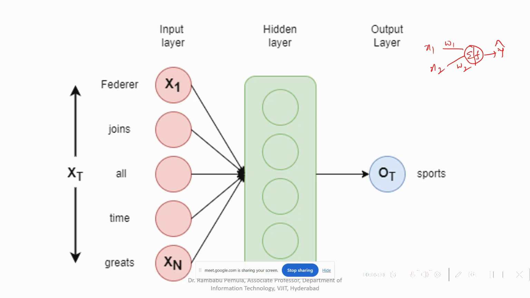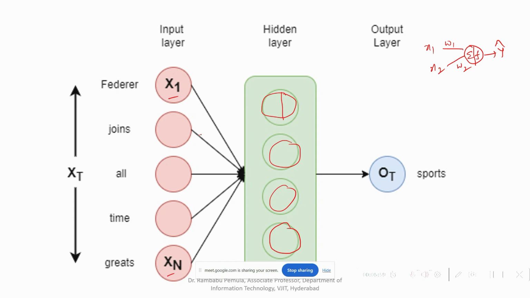Now, suppose there are multiple inputs, like X1 and X2, and so on up to Xn. These are all given at the same time as input to our neural network's hidden layers. In the hidden layer, you have n number of neurons. For example, here 3 neurons are there, 4 neurons are there. For the 4 neurons, we are giving